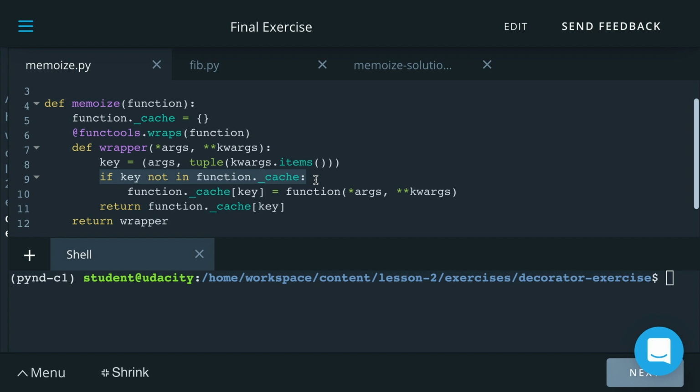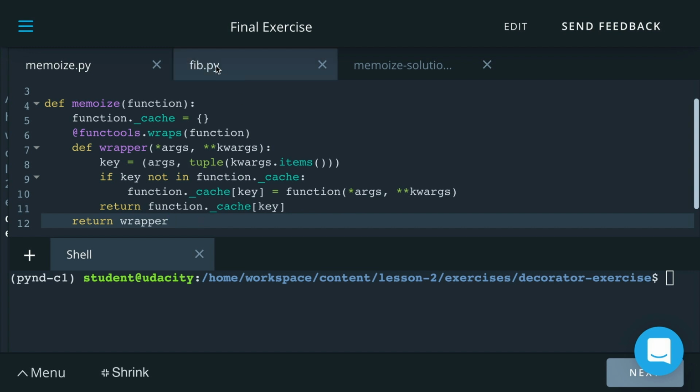This is the caching behavior, where if we have already found the key, then we're going to avoid doing some extra work. But if we have not found the key, we will first evaluate the function on the arguments that we've captured, and then save that in our cache at a value associated to the key of all of those arguments. Finally, after these two lines of code are executed, we will have associated at some function cache key the value of the function. So all we need to do is return that value itself.